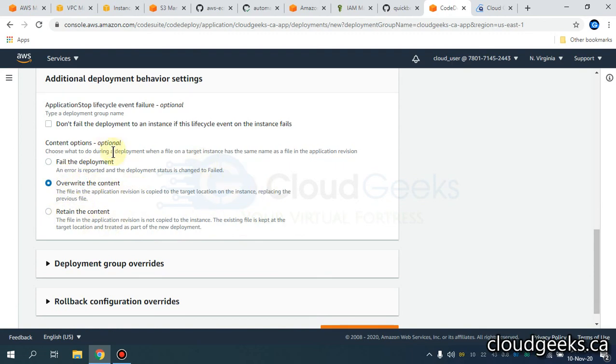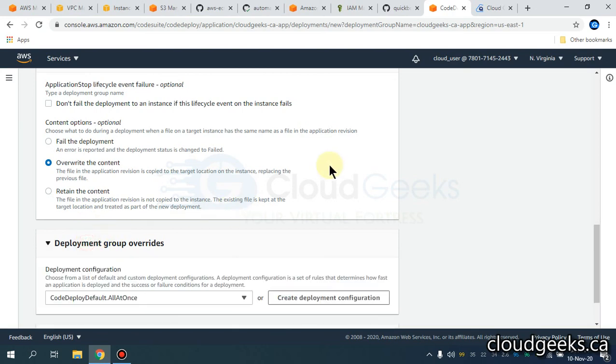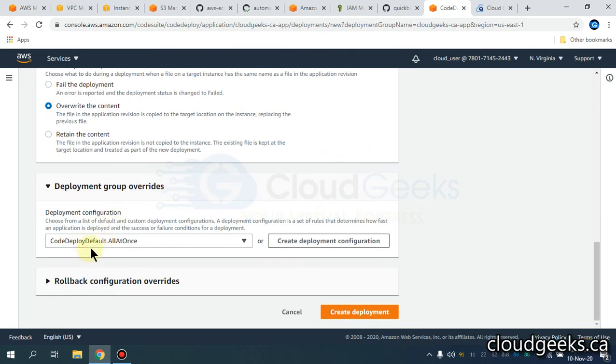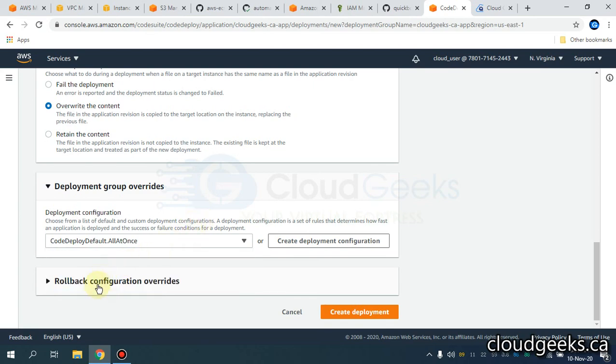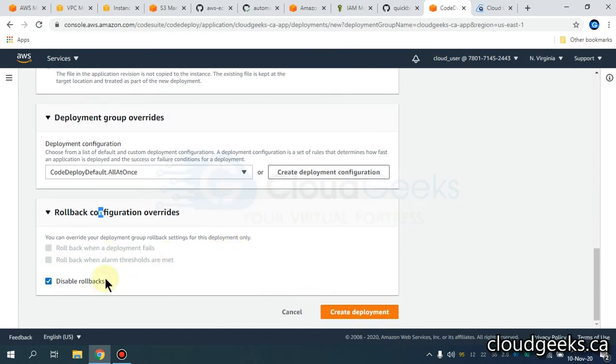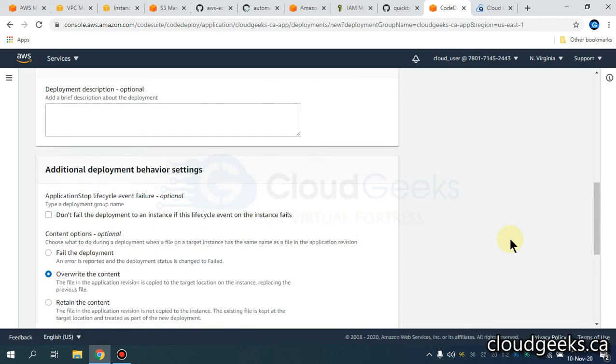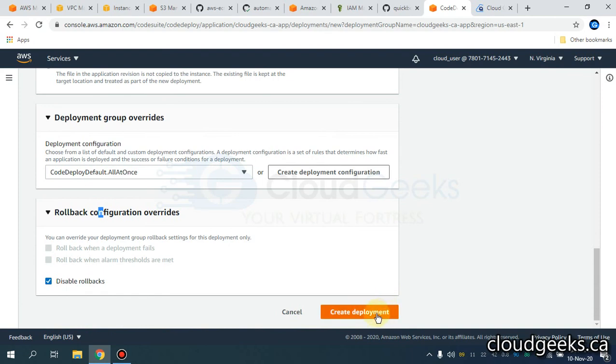You can select your own, and you select how your deployment is going to be done: deploy all at once, half at a time, or one at a time, but I'm going to select all at once. That's fine, no rollbacks, and I'm going to create one deployment.